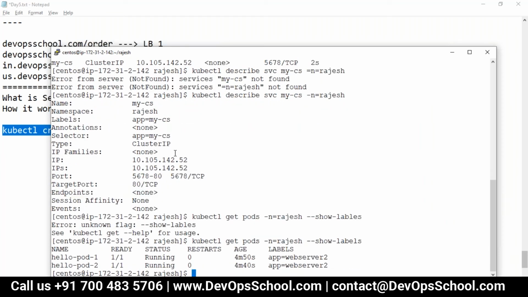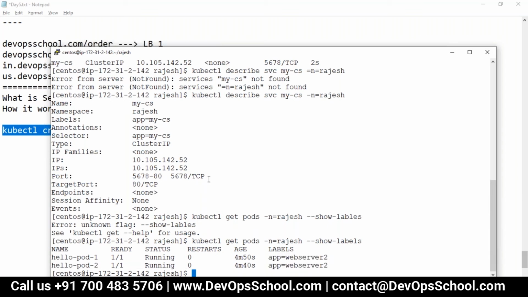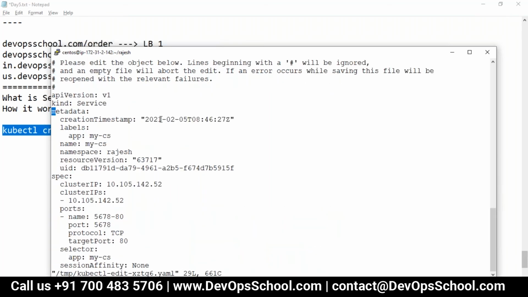The label has to be the same between the pod and the service. So look at this here, guys. Look at the pod labels, and here the labels of the service. Is it matching? No, it's not matching. If I apply this label to these 2 pods, I have to modify twice. So I'll do it the reverse way and add this one to the service. That way it will match. Now guys, please look at this very carefully, it's very important. I'm modifying the service, and here the label is this one. I modify it here.